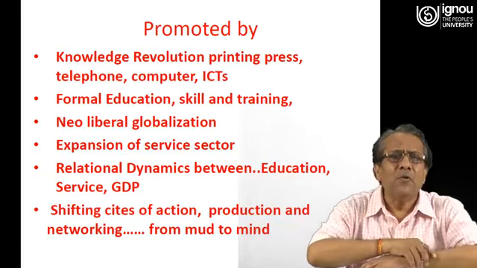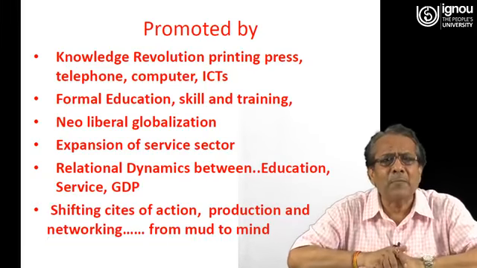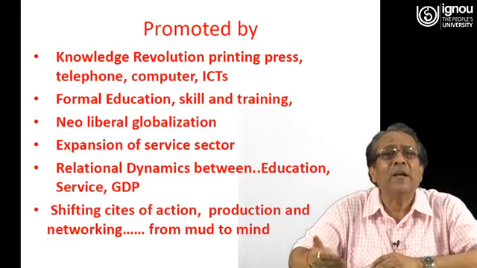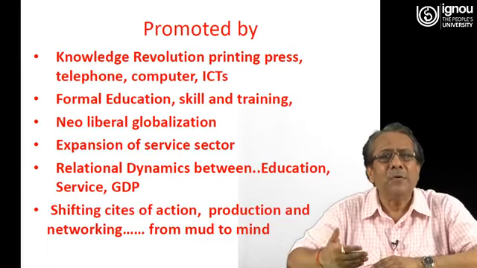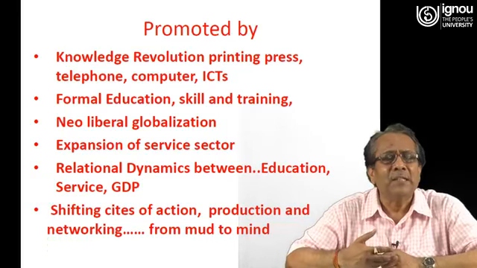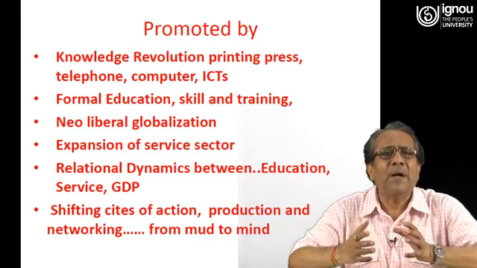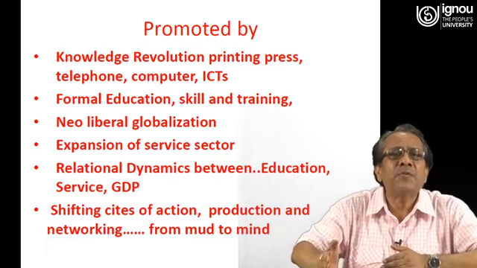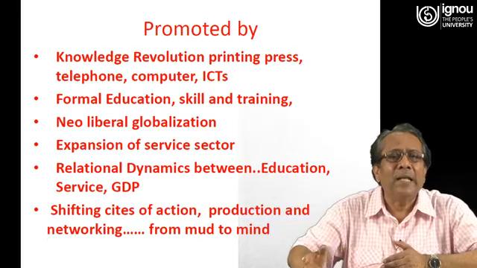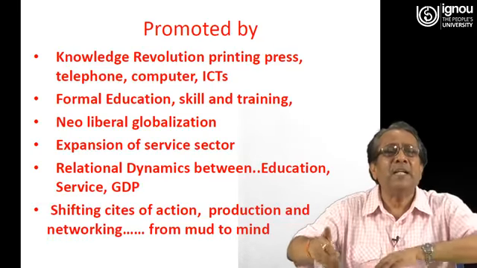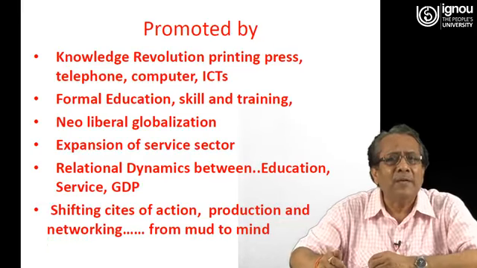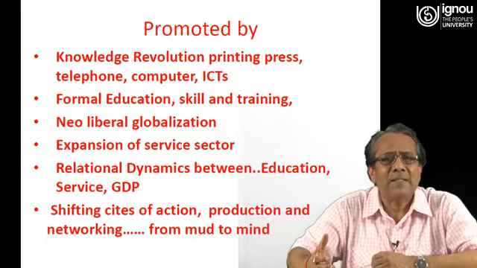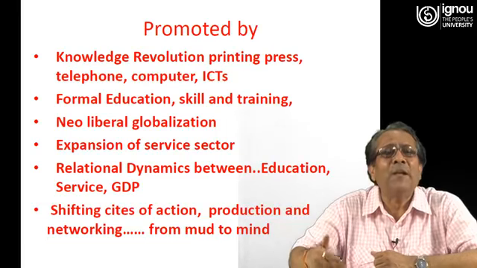Then along with that, we find a new kind of economic order starting from the middle of the last century, that is neoliberal economic globalization. As I told, when the Industrial Revolution started taking place, the first great transformation of human society took place when the family got dissociated from the market forces. So the first revolution took place. And the second revolution took place perhaps in the 1930s, when a big economic depression took place. And within this economic depression, a new economic order came in.